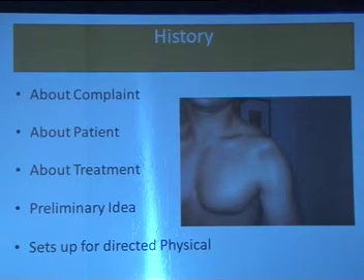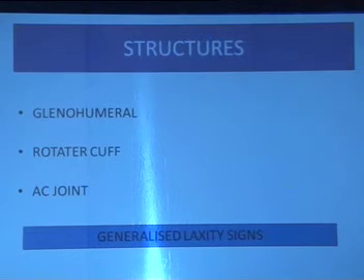So when we ask these patients about their complaints regarding the treatment, we tend to get a preliminary idea whether we are dealing with a highly unstable shoulder or a moderately unstable shoulder, whether it is a macro instability or a micro instability, and whether these are patients who would require some kind of bone augmentation procedure or would just need some soft tissue procedures. And then we go to the next step, which is a physical exam.